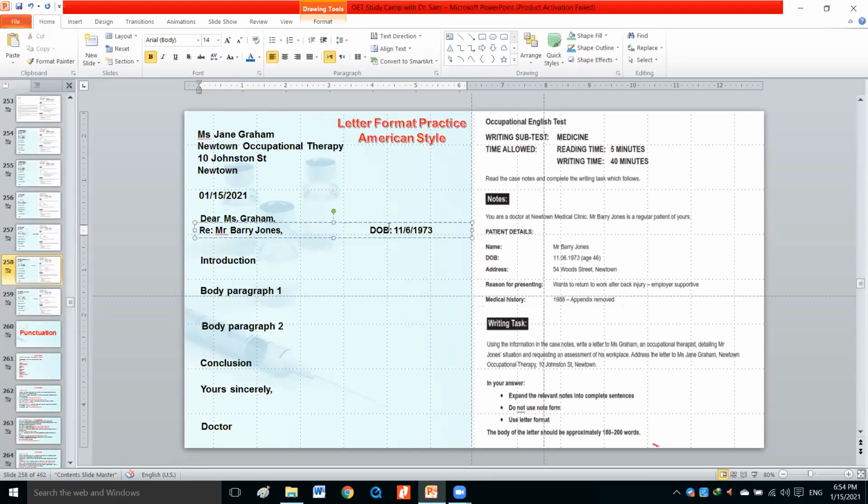So it is. What about DOB? Is it correct? No, we have to add a point after D, after O, after B. Yes, periods, and remove this colon. And put a period and one space after. After that, is it correct to write